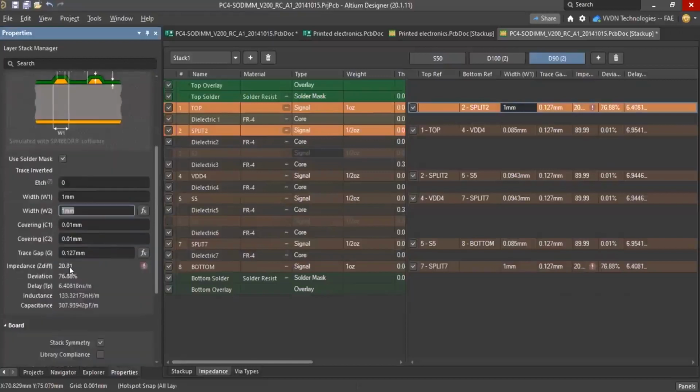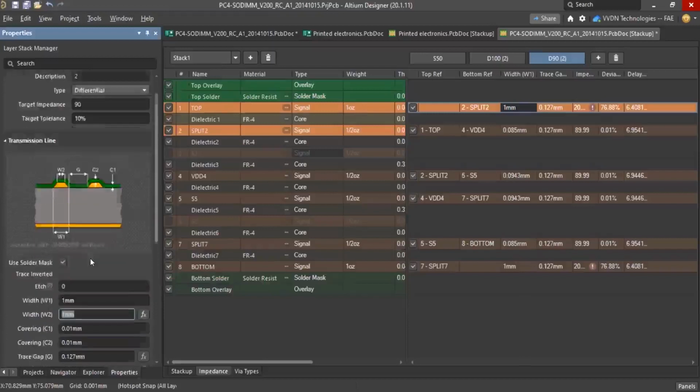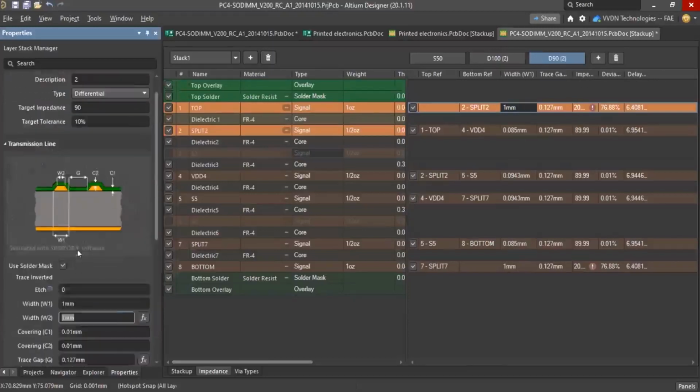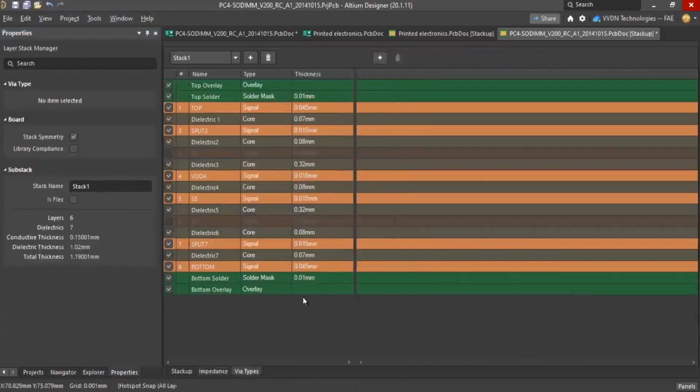So it is showing that the differential impedance value is 20, and there is a warning: trace impedance exceeds specified tolerances. Because we mentioned 90, tolerance can be 10%. So it can be 80 or something, but instead the impedance is less. So here itself it throws an error. It will not allow you to implement that in your design. Okay, so that is there. I'll just delete this stack up. Okay. So like this, you can even calculate the impedance for RF single and differential endpoints. Okay, and wire types. Again, wire types.